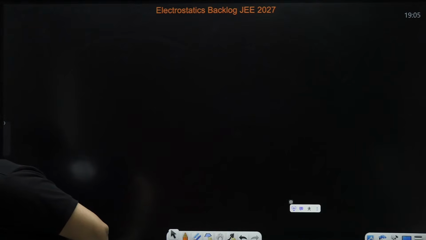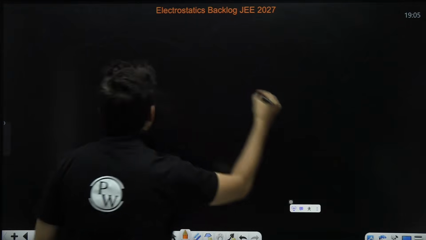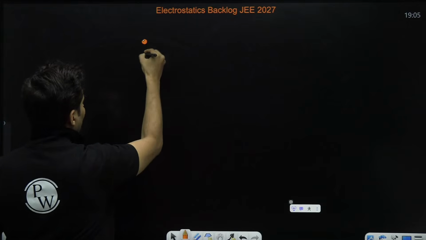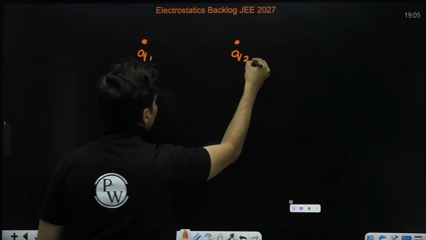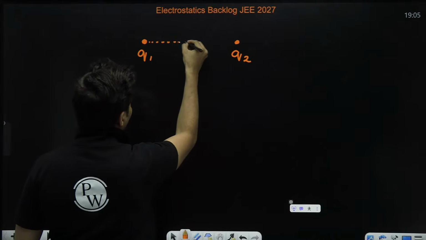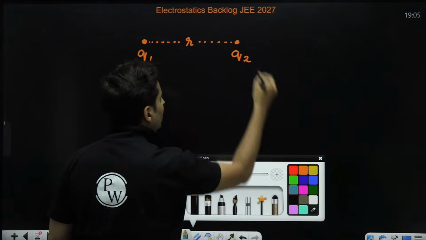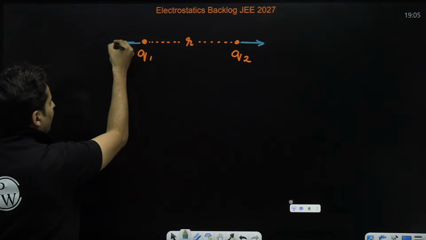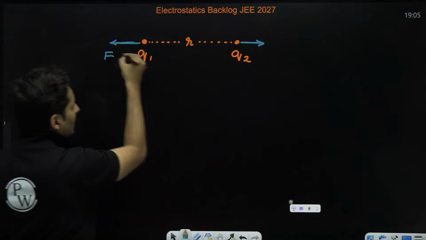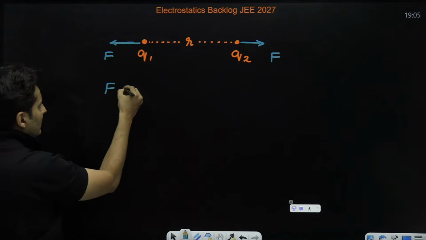So let's begin with the lecture. Now, just to do a quick recap, we had said that if you have two charges, Q1 and Q2, and they are separated by some distance r between them, then there is a force of attraction or repulsion, and that particular force is given by,